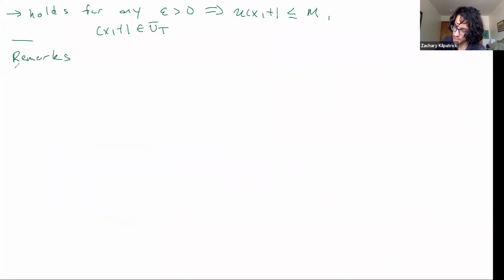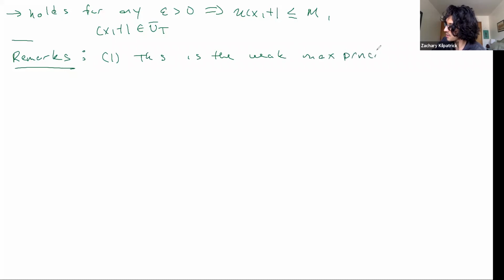Let me make a couple of concluding remarks on it. First of all, as I said before, this is the weak maximum principle, which means that it's a soft inequality. So I could obtain the maximum on the boundary or somewhere in the interior, but I can't go any higher than that. What's called the strong maximum principle